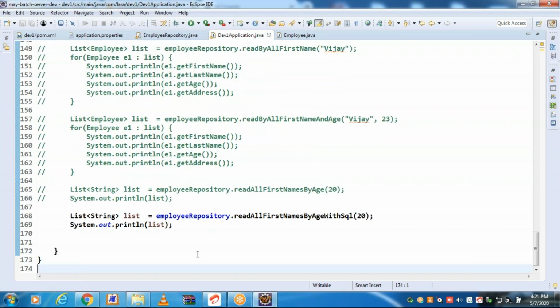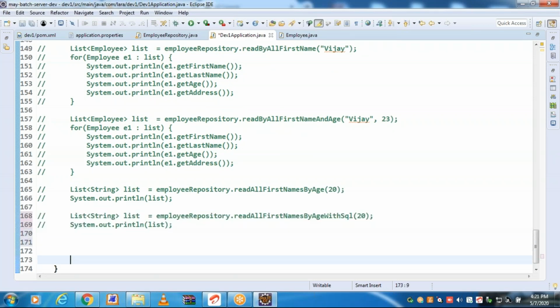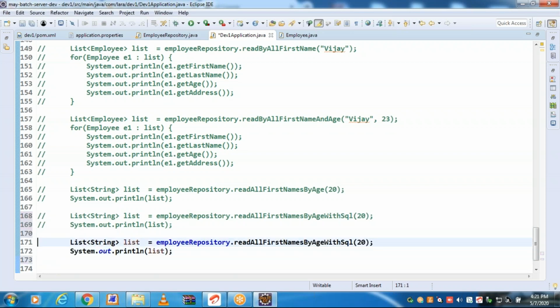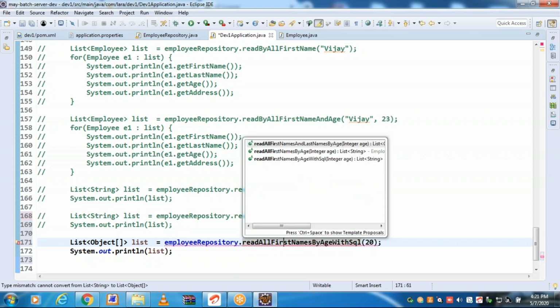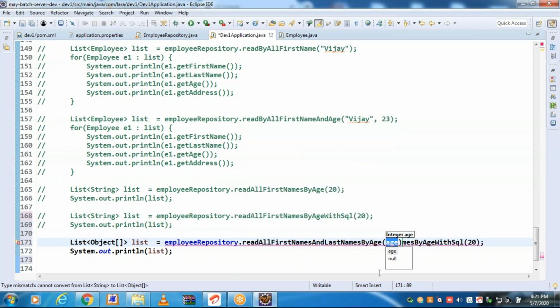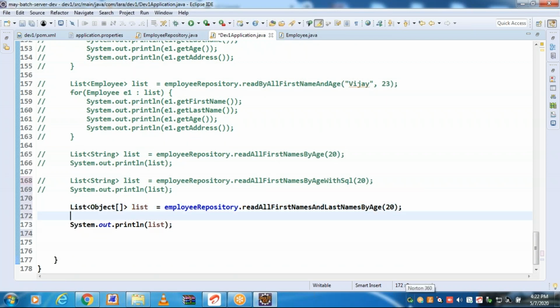Come to the application class. Object array. The object array content we have to print.